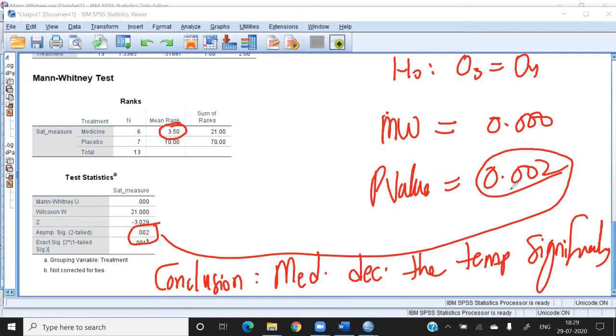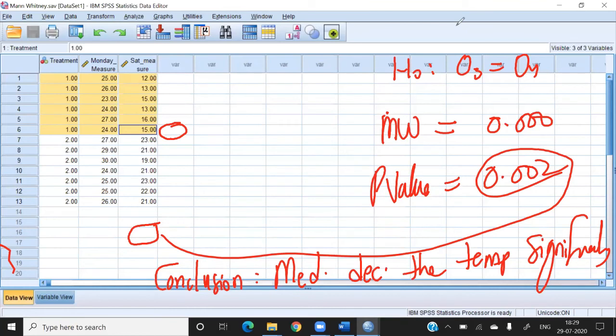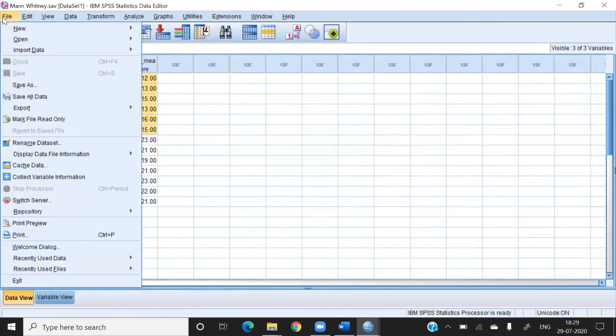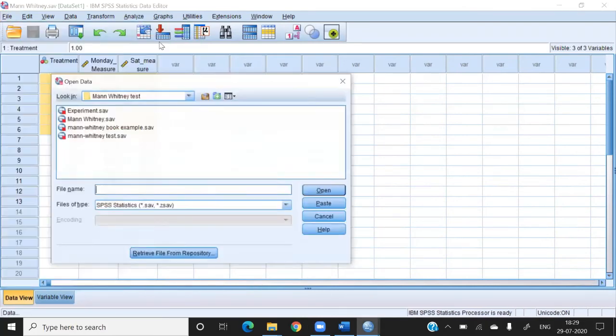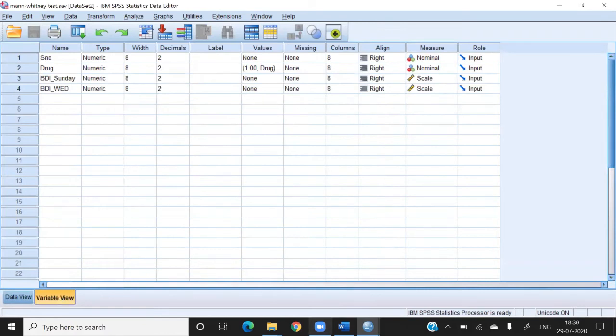So basically, this test is known as the Mann-Whitney test. I am going to explain it to you with more examples. So let me go to example number 2, so that you have some basic idea of how to apply the Mann-Whitney test. Okay, so let's move to the data. Let me check whether I shared my file or not. Yeah, fine.